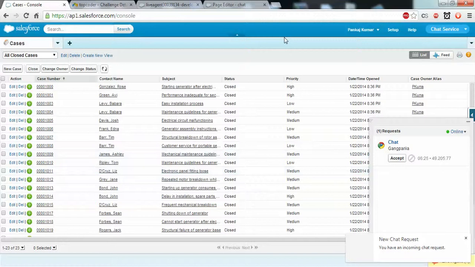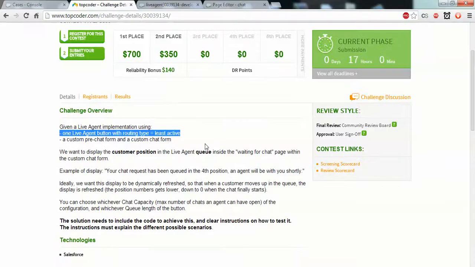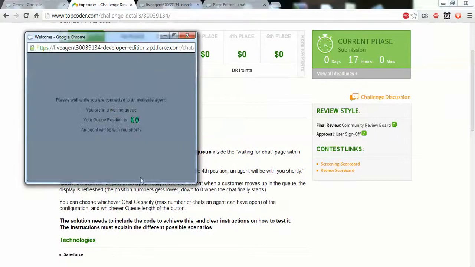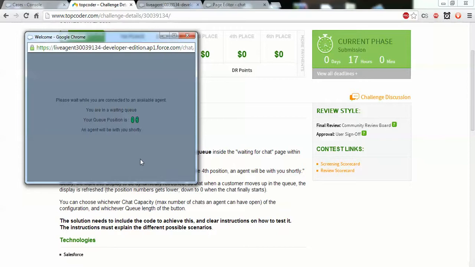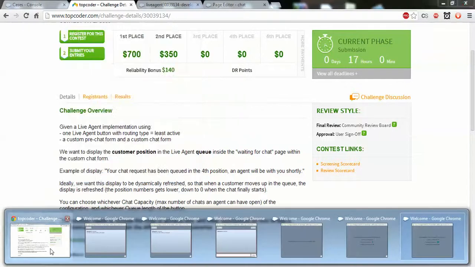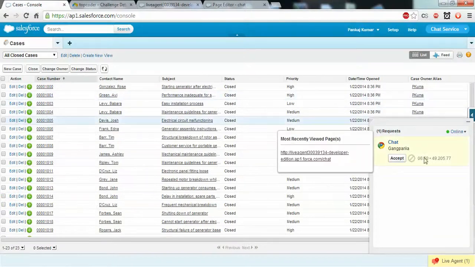So this is the normal chat form, the custom chat form. I want to show you how the queue position will be updated once the agent accepts or declines any request. Let me decline this.